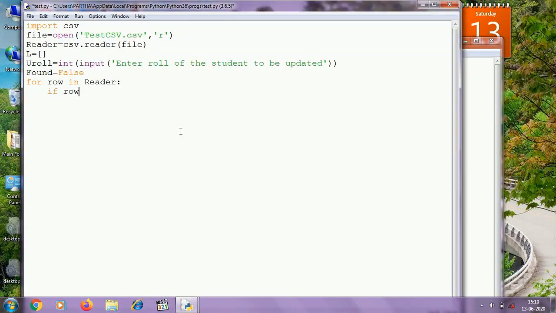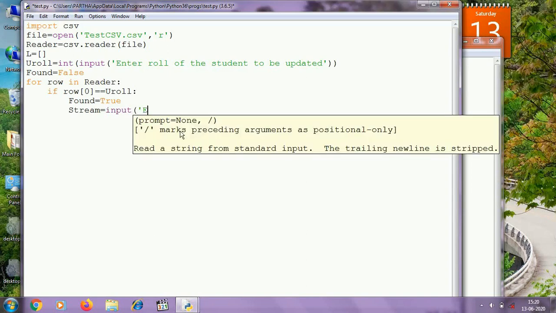So I have to check row 0 equal to uroll. If it is true, then at first I need to change the value of the variable found. Then for example, I need to change the stream of the student. So I am collecting the stream, actually the new stream, from the user.